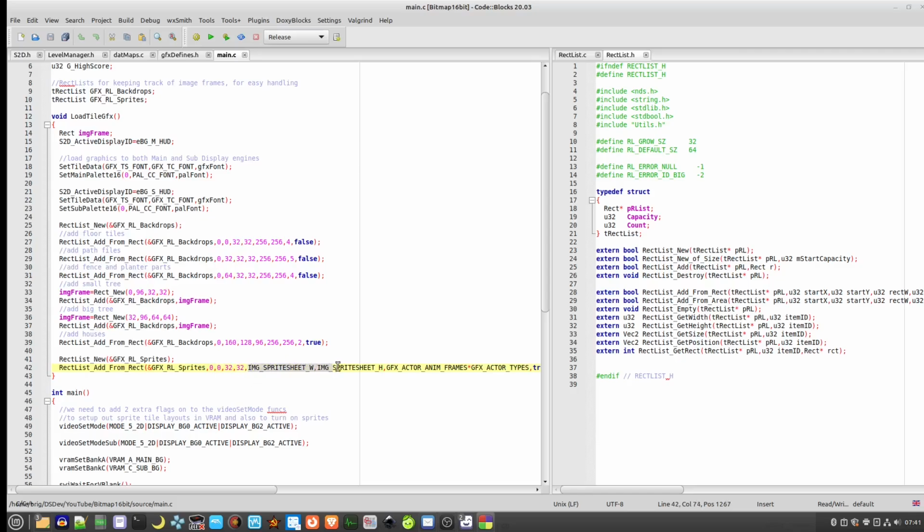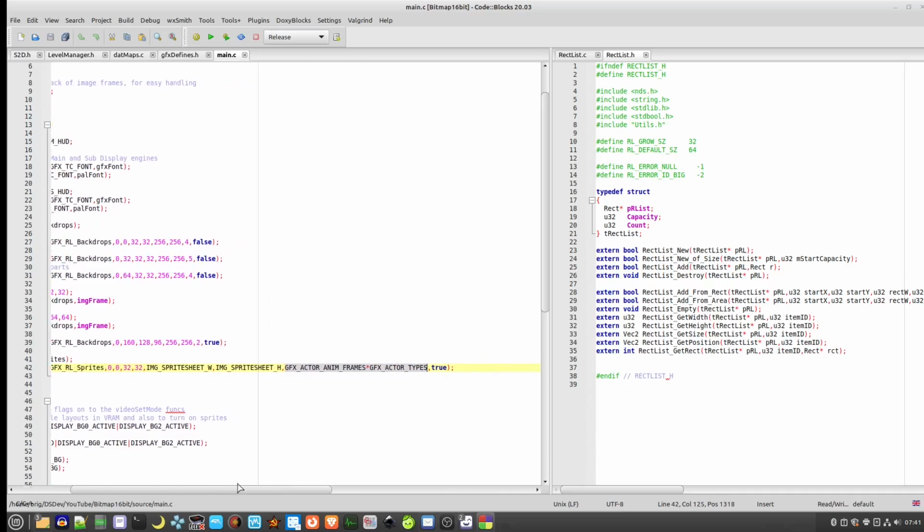We then need to say what our parent image size is, and then how many to add, and then whether the next x coordinate will start at 0 when it reaches the